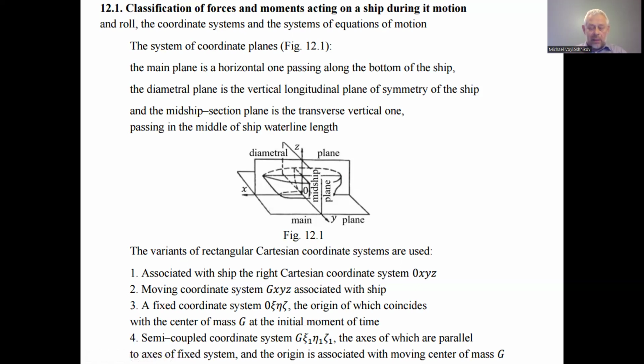So having found the elements of the ship acceleration in any coordinate system, we next can determine the forces of inertia, and we can derive the differential equation of the ship motion. The accelerations are the second derivative of the displacement. The displacement in the coordinate systems, for example, the moving coordinate system or the right Cartesian coordinate system associated with the ship, the accelerations are